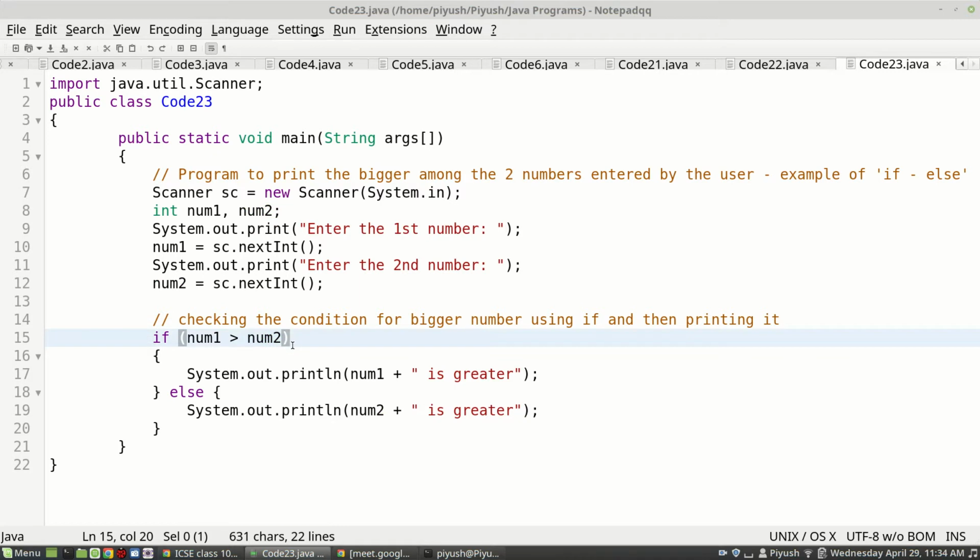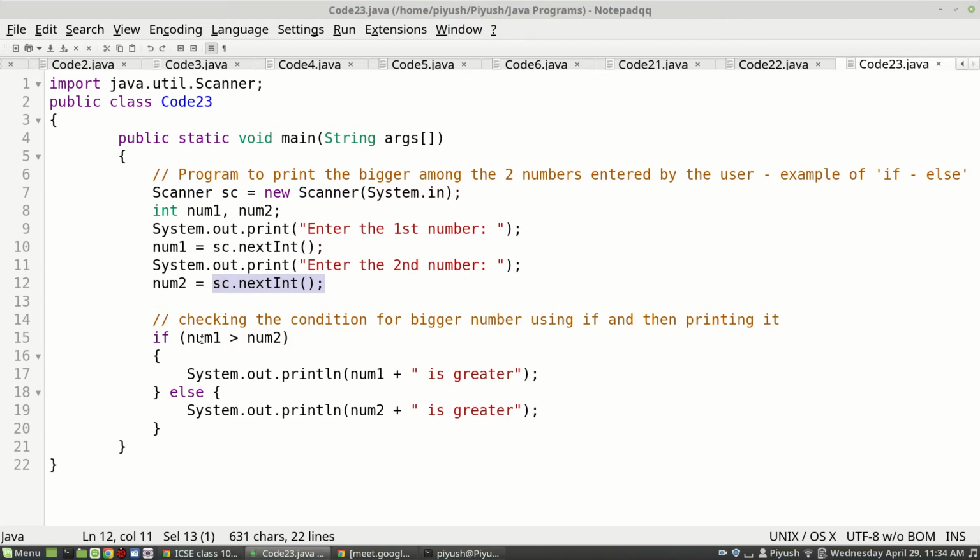If num1 is greater, can we decide here in the same program? No. It will be decided at runtime. Why? Because num1 and num2 we are accepting from the user from outside. We don't know whether the user will give num1 as greater or num2 as greater. It is up to the user who is executing the program.